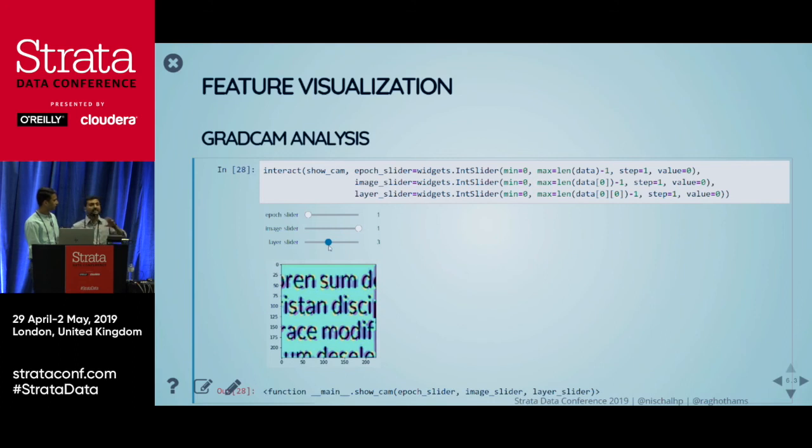So this is more like a heat map on top of your input image. Wherever you see the reds, those are the places where there is highest importance in that layer. When you pass through the layers from 0 to 1, you see that the reds are moving here and there. What you also start to see is that in the first layers, the network is really looking at the smaller aspects of the image, and as you gradually increase the layers, they start to look at the bigger part of the image.